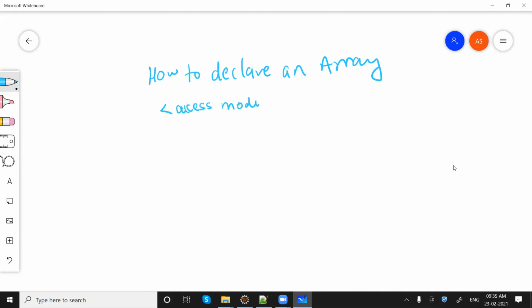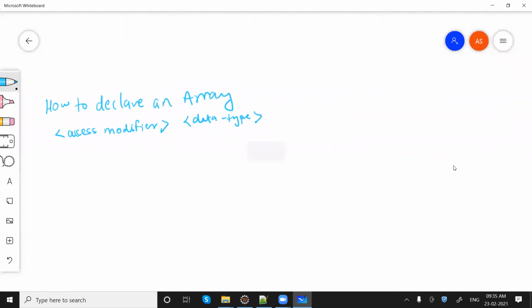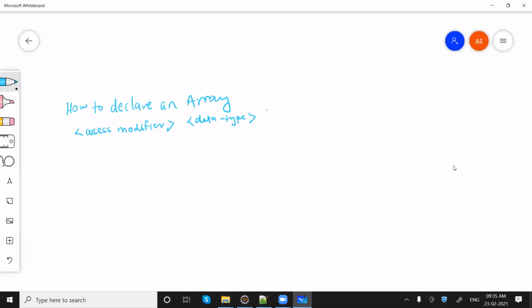We can say access modifier, then data type, then name of the array, then the square brackets. Sorry, not parenthesis, close square bracket.